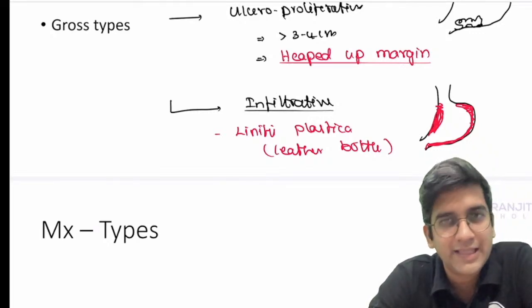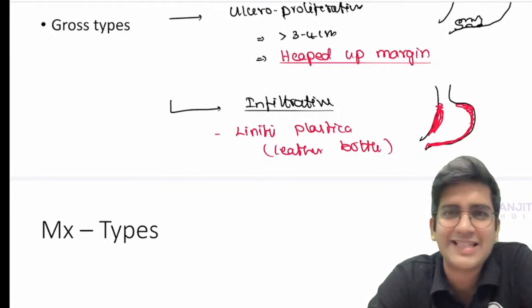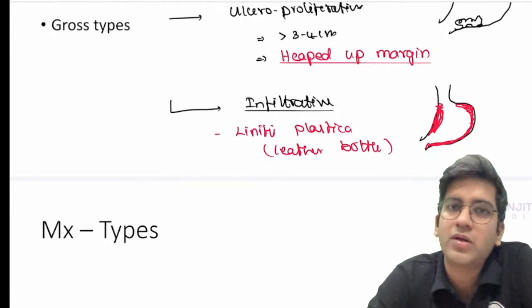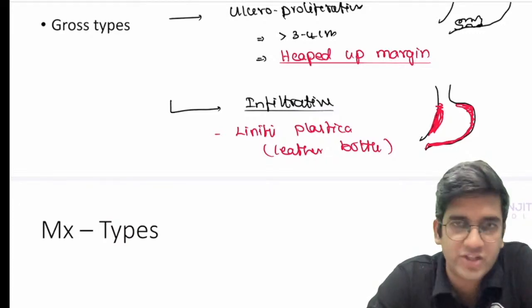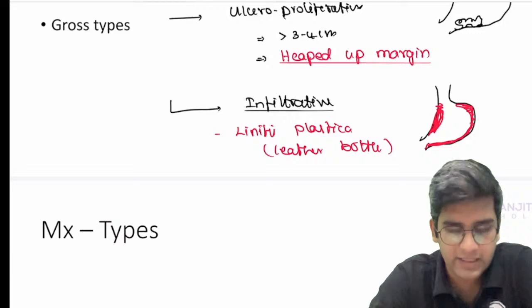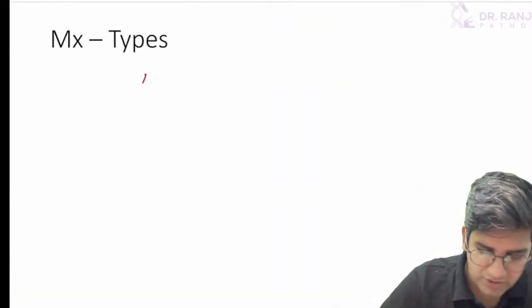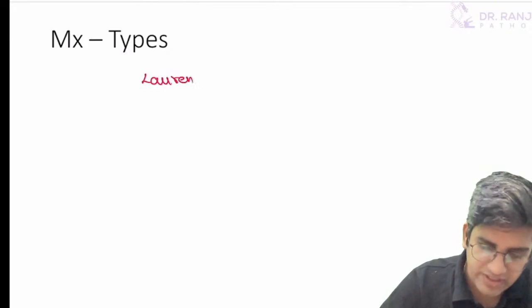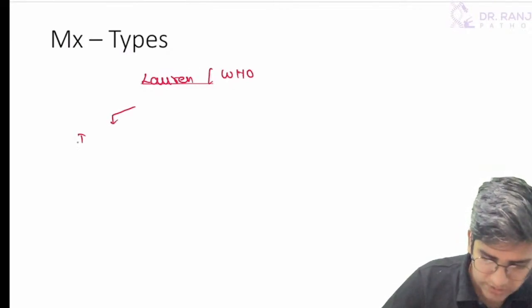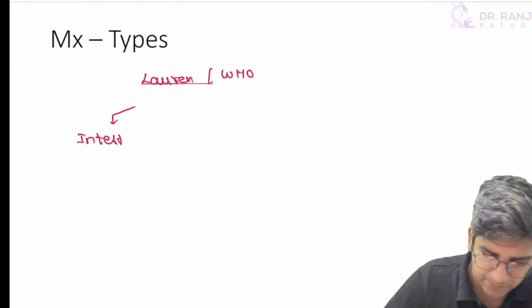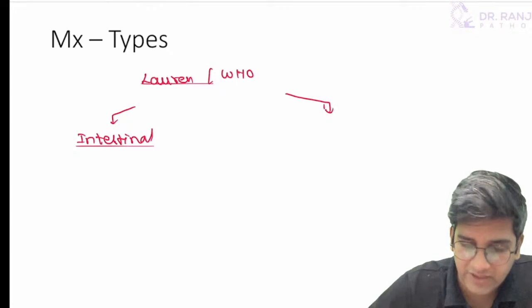One is intestinal type gastric cancer, the other one is diffuse type gastric cancer, right? It's as simple as that. Intestinal type will look like a classical adenocarcinoma. You will have the glands, 4 features of dysplasia, invasion into lamina propria, right? So when you look at the types of them, Lauren classification is the name. Based on the Lauren, and the WHO is also based on Lauren only, I have 2 major subtypes. One is intestinal type gastric cancer, and the other one is diffuse type of gastric cancer, right?